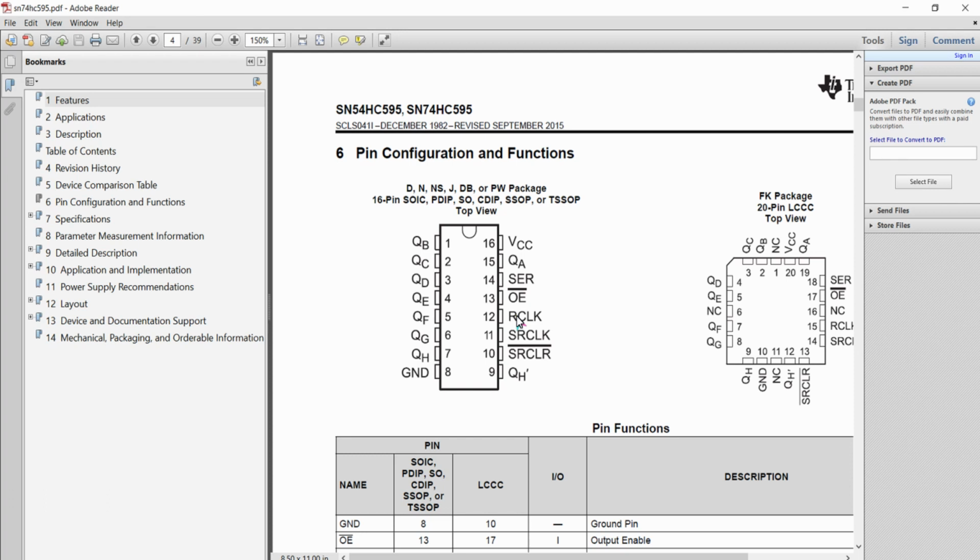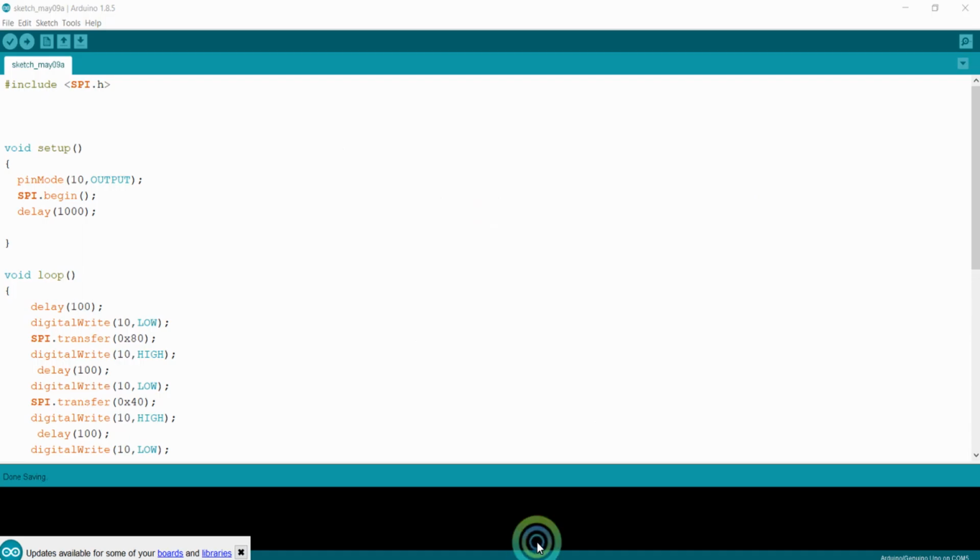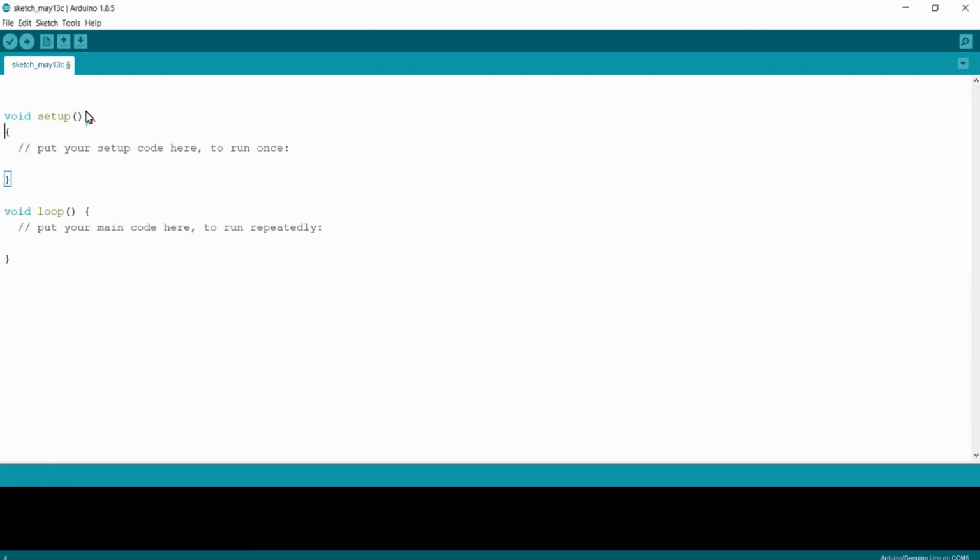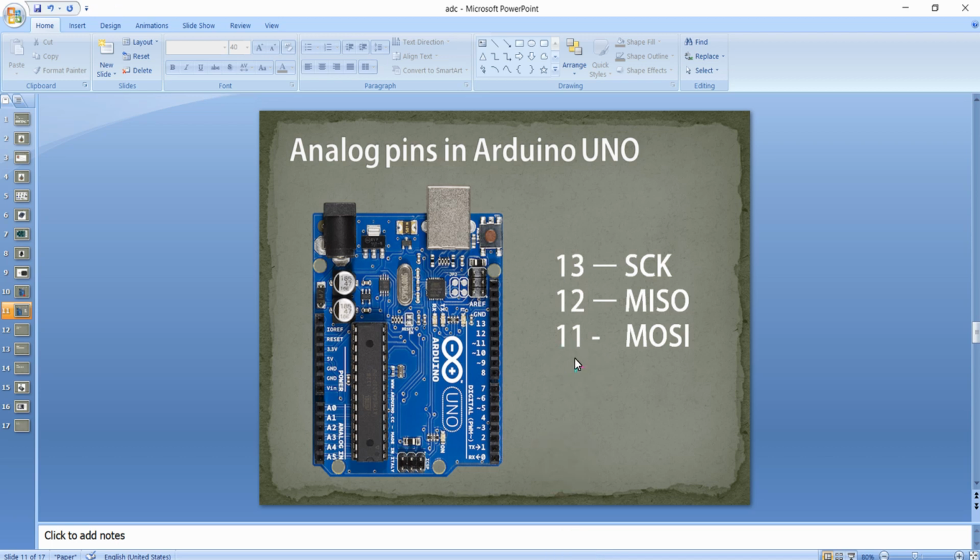So I'm just going to open the Arduino IDE. Initially I just want to find the SPI pinouts of the microcontroller available on my Arduino Uno development board. So here you can see by default we have an SPI port on this Arduino Uno development board that is connected to pins number 11, 12 and 13.